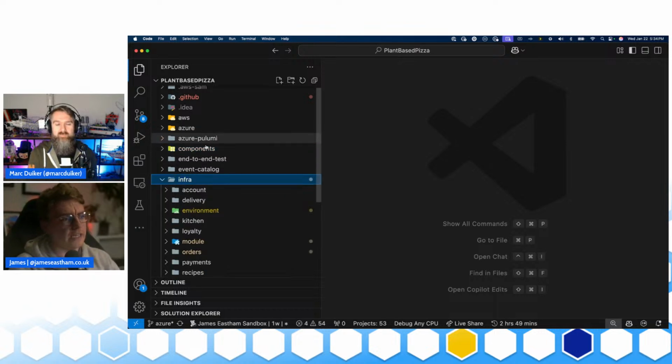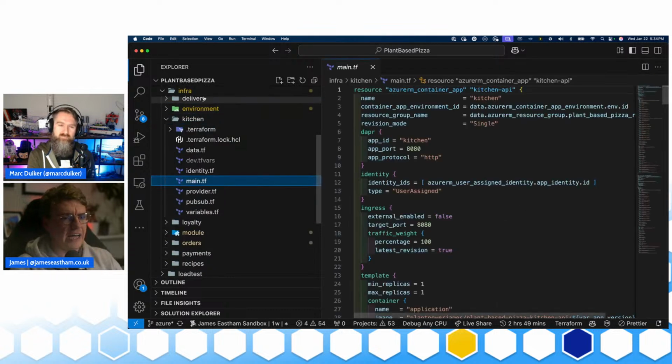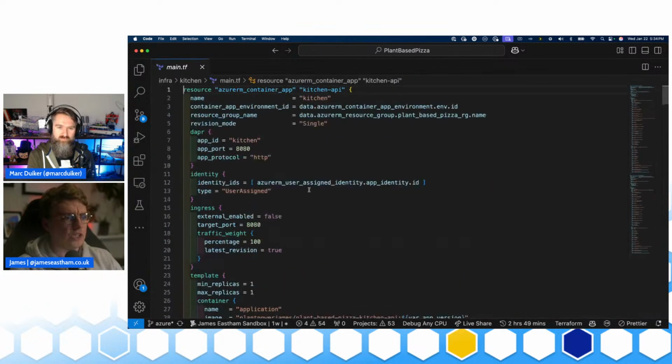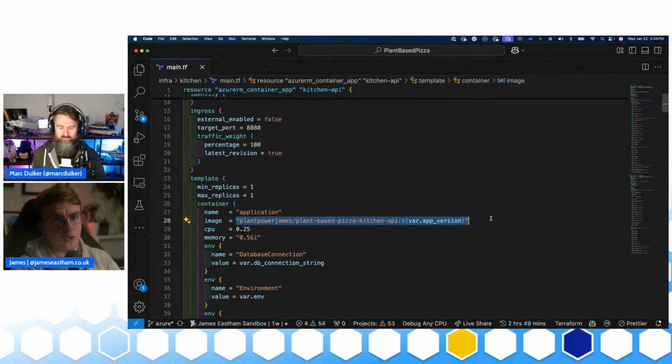So when you actually go and look at this application on GitHub, there's Terraform code. You can go and deploy this into your own Azure accounts if you want. There's all the infrastructure as code there to actually be able to go and deploy this. And when you actually define a container app, you are simply saying, I want to run a container app. I want to use this container image. So all the container images for all these apps are on public Docker Hub so that anyone could go and deploy this if they wanted to.